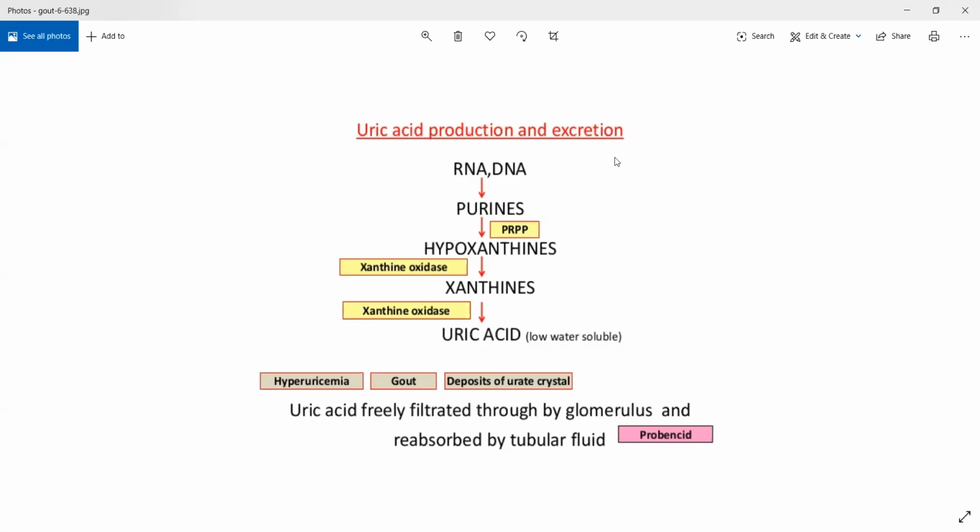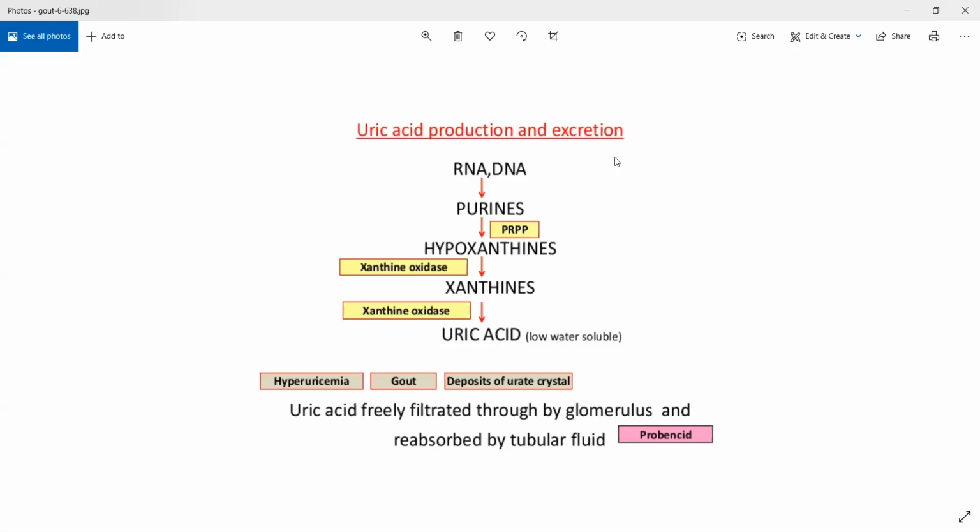Specifically, gout occurs in your large toe, in the big toe. So it happens in that joint, and this swelling will go on for hours. This is specifically called a gouty attack. This is an inflammatory problem where the patient will be in a lot of pain. They will not be able to walk because of this. This is because an excessive amount of uric acid is being accumulated in your body. You can treat this by giving a few drugs, something like allopurinol.